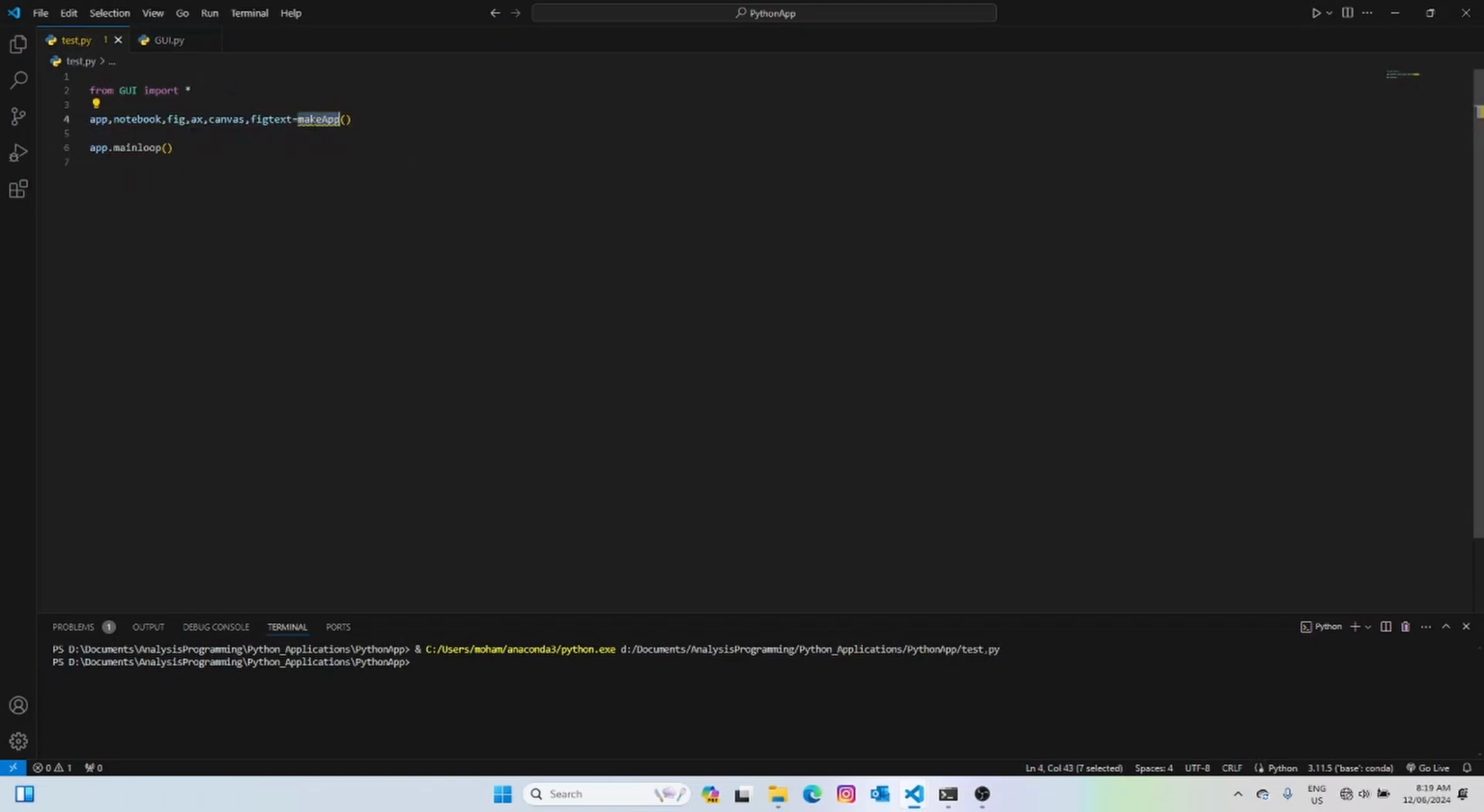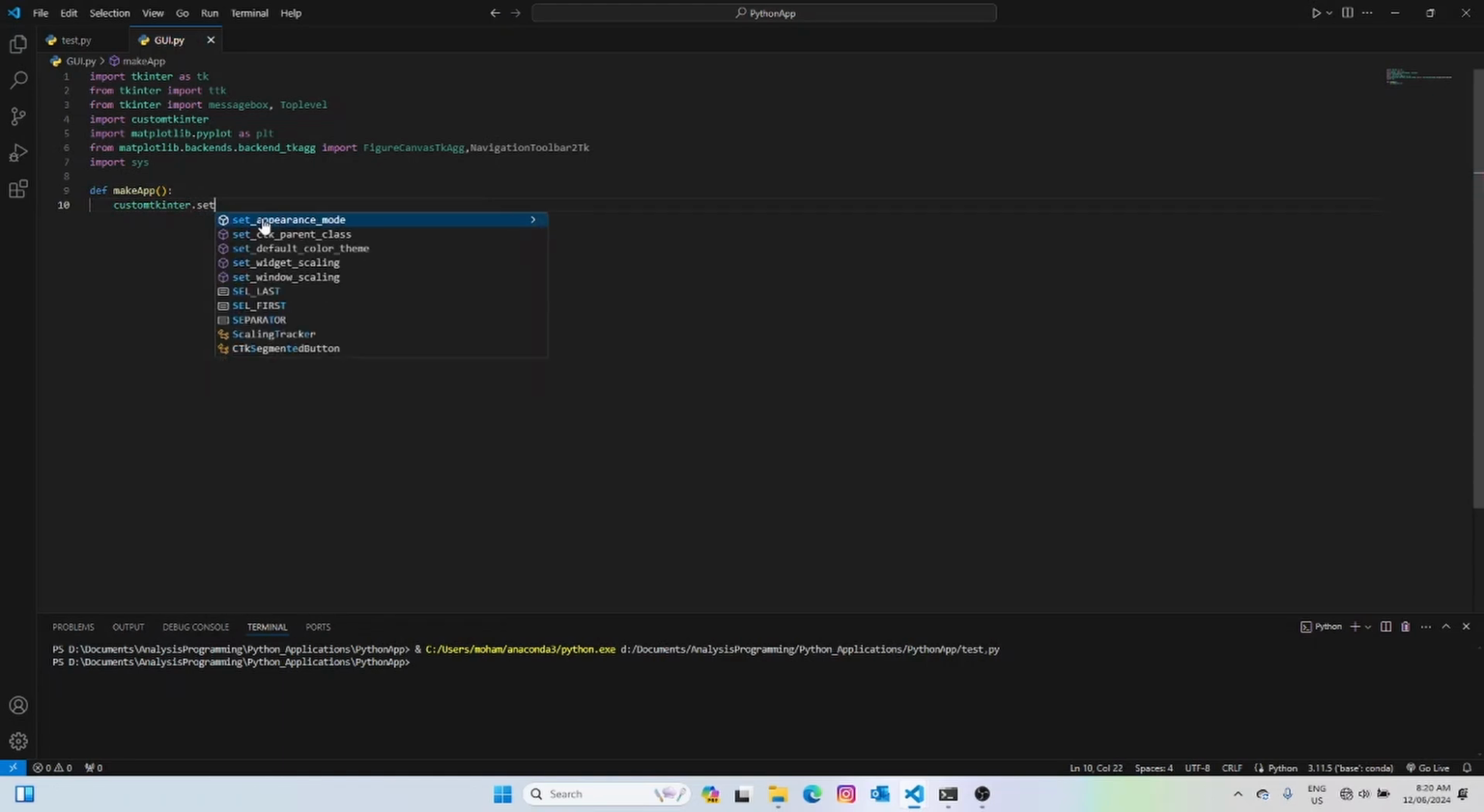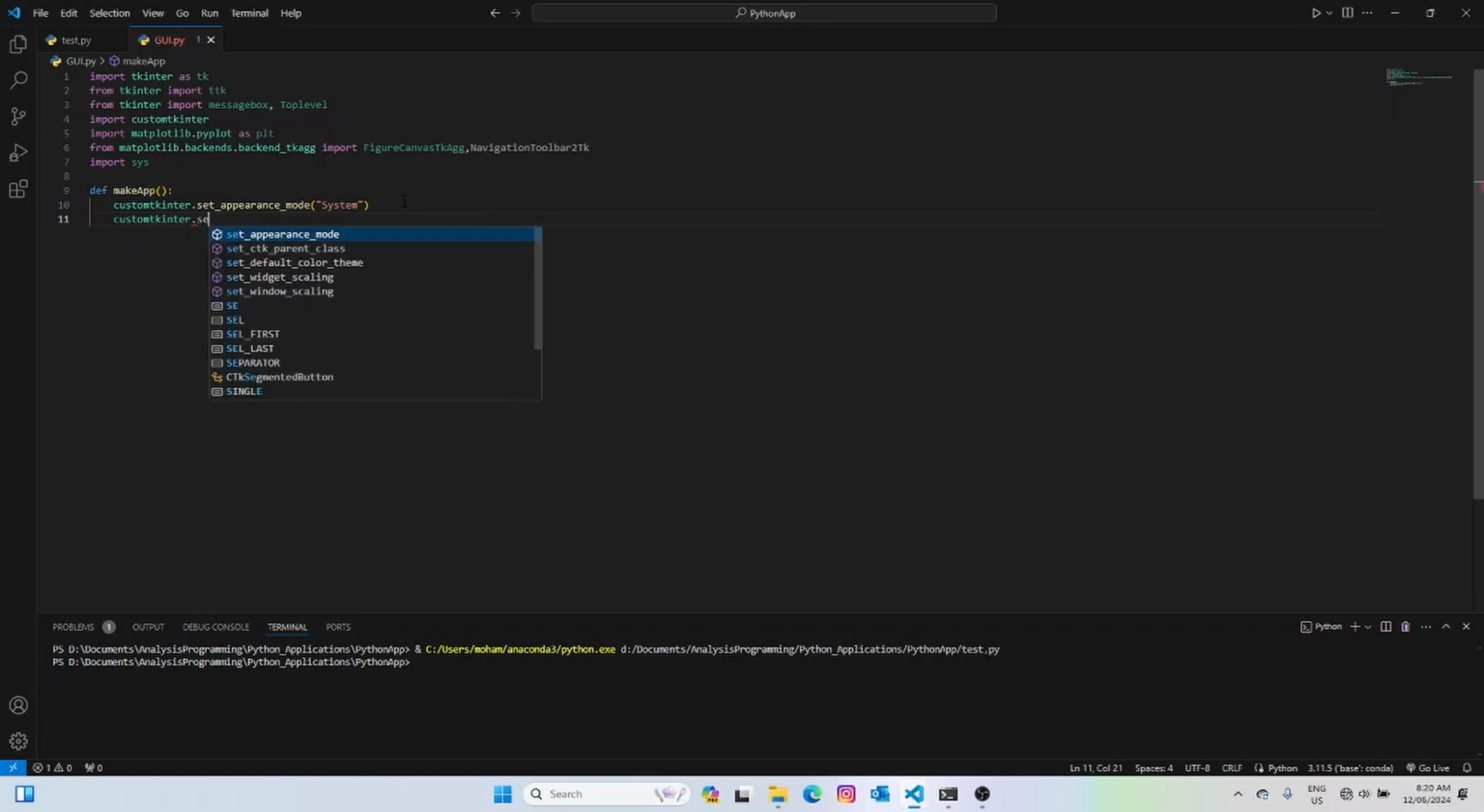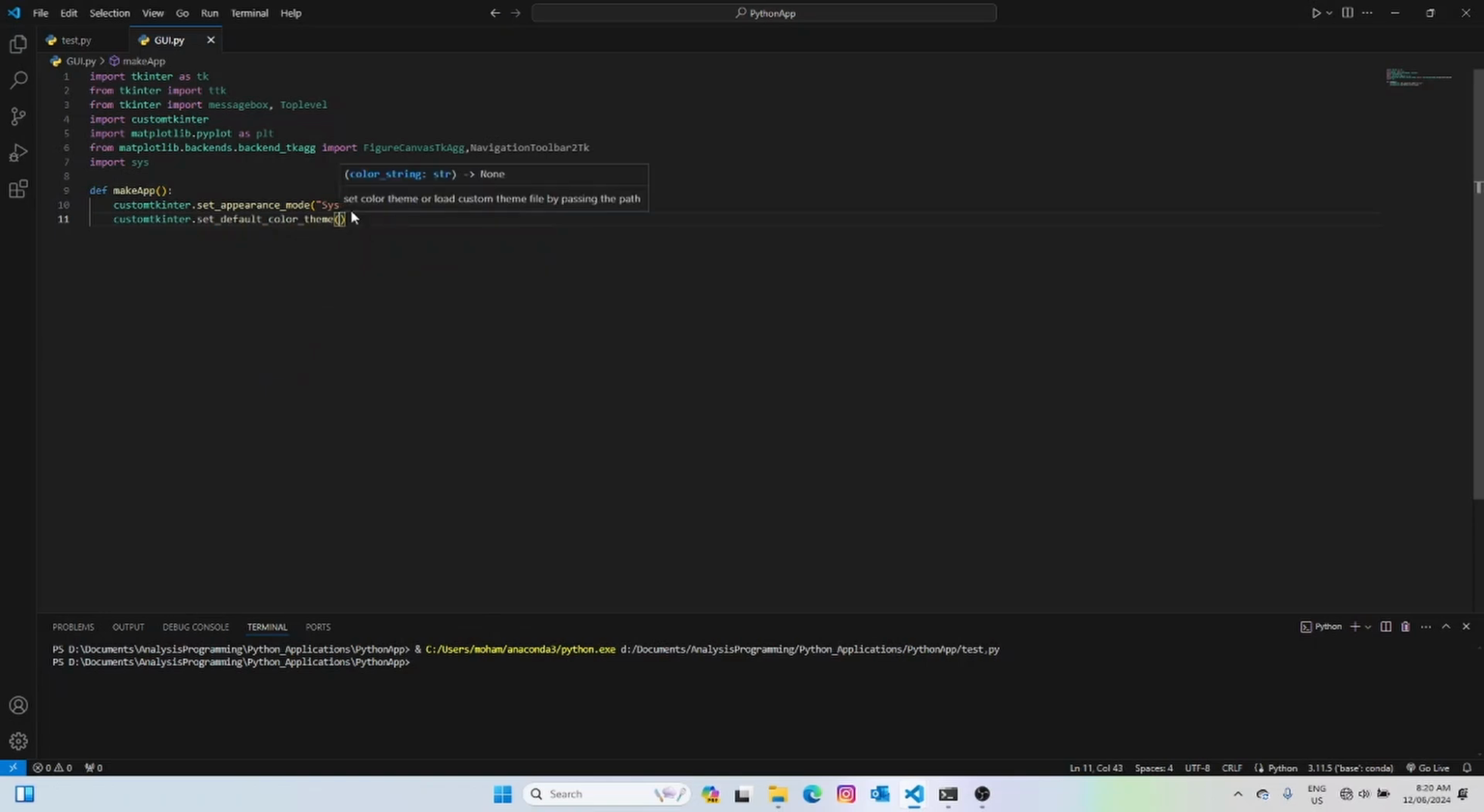That has to be exactly with the same name, define function of make_app, doesn't need any input. First, we need to use the custom tkinter to make windows that are of new looks, not old-fashioned look. So let's set appearance to be the same as system, and also the color theme, customtkinter set default color theme to be, say, blue,